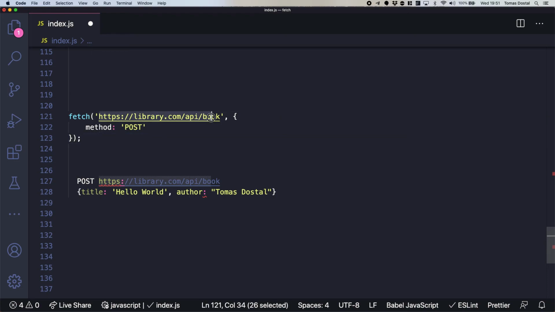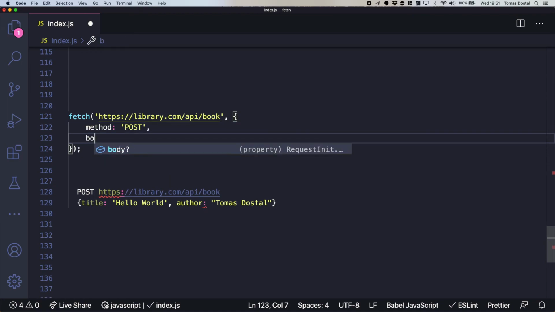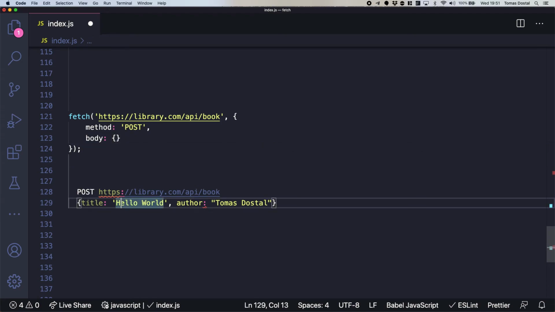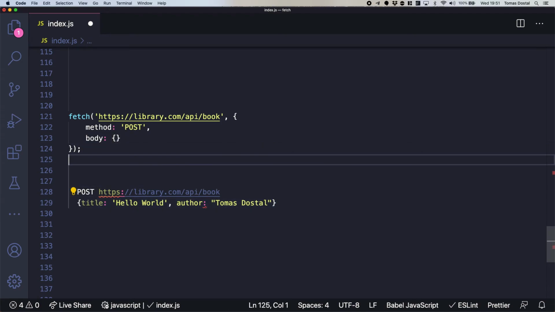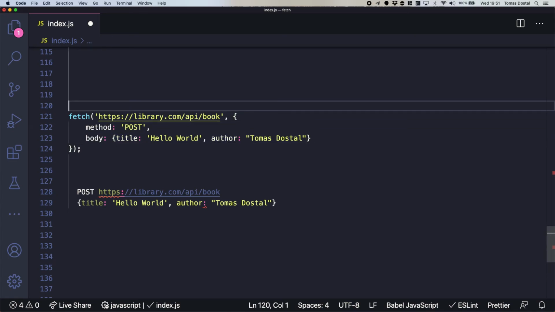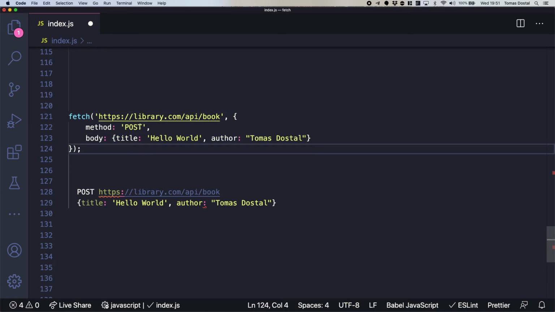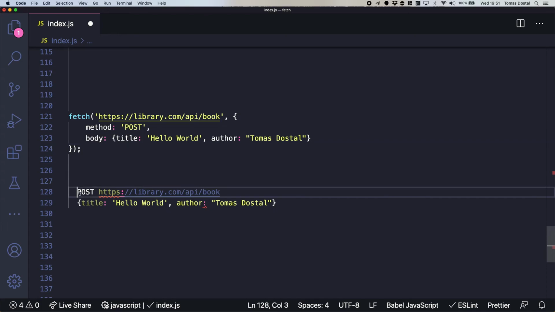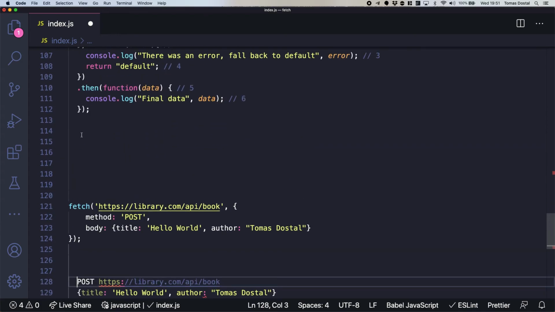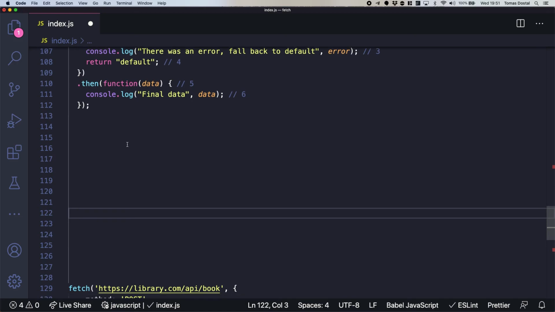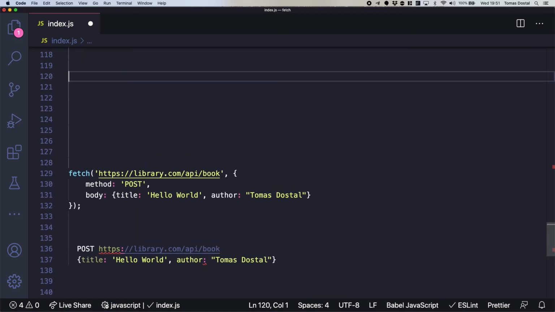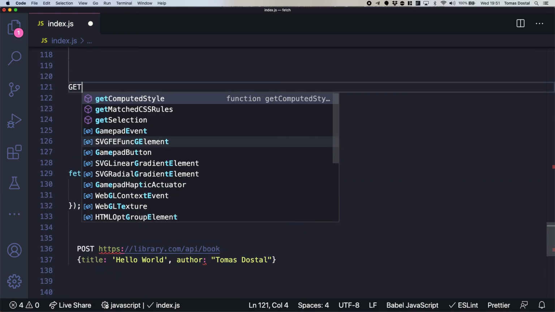You would say, this is the URL, and I want to use method post, and then you would say body, and you would put the JSON in there. Got it. So this is how you would actually execute it. Now for get, when you just want to get everything about the book, you don't actually have any body.